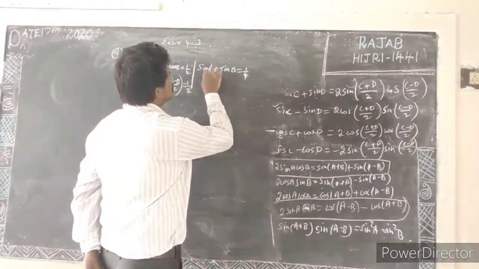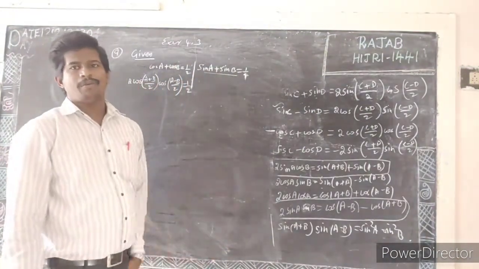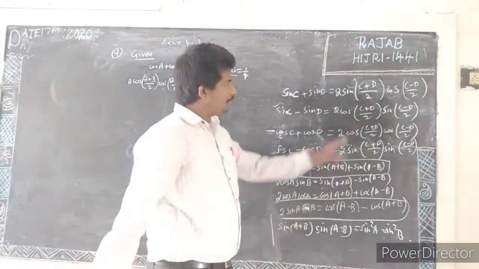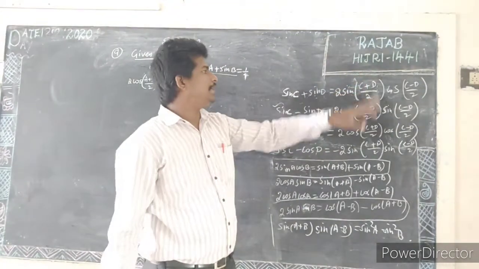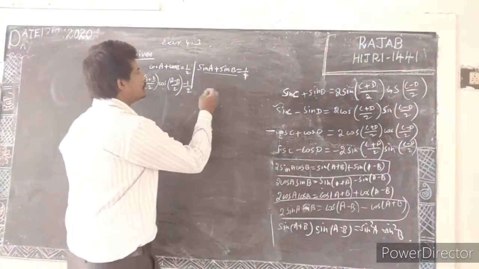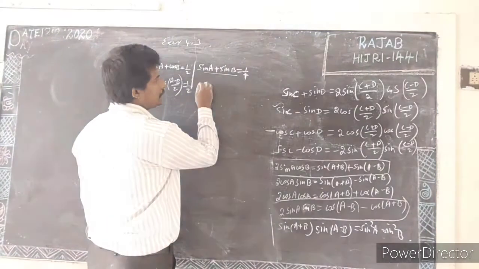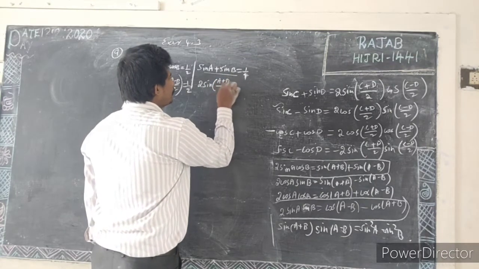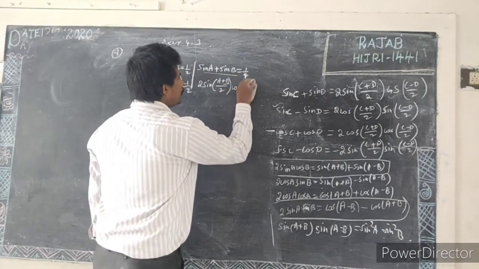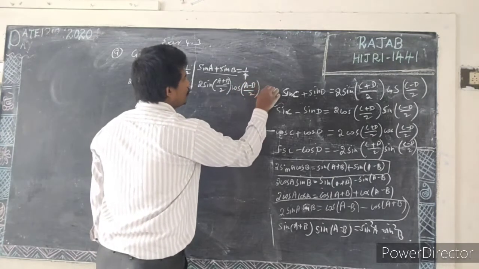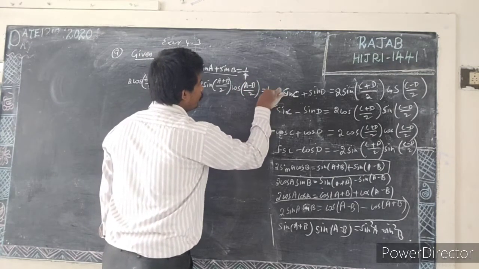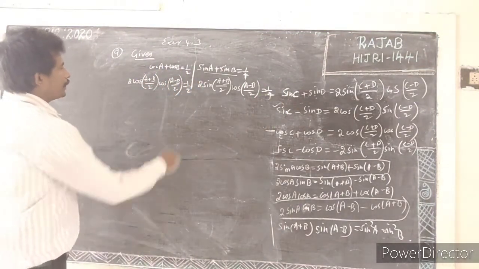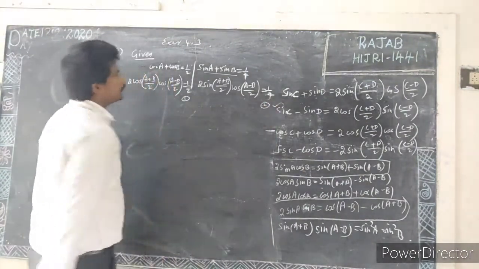Then sin C plus sin D. The LHS is of the form sin C plus sin D. What's the sin C plus sin D? Sin C plus sin D equal to 2 sin (C plus D) divided by 2 cos (C minus D) divided by 2. By using the formula, the LHS can be written as 2 sin (A plus B) by 2 cos (A minus B) by 2 equal to our RHS as it is, 1 by 4. Now you can consider this as equation 1. We can consider this as equation number 2.